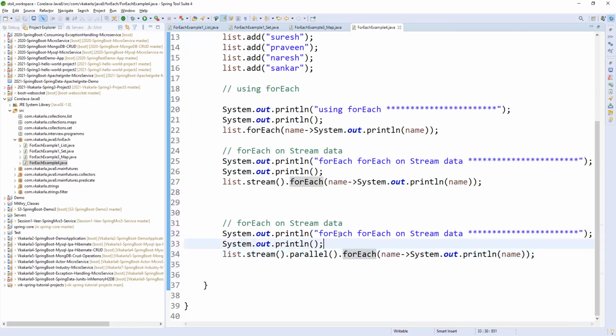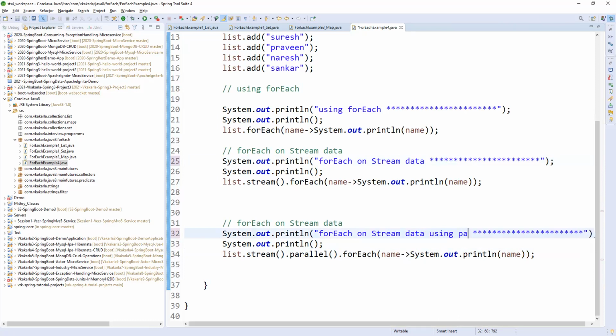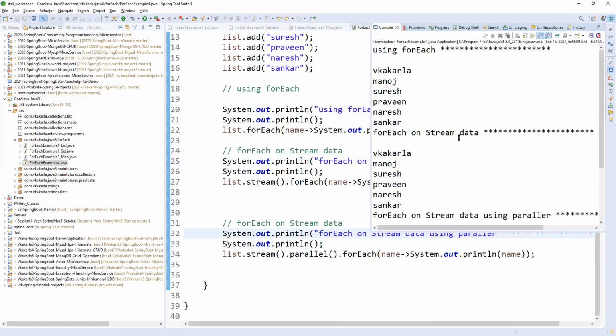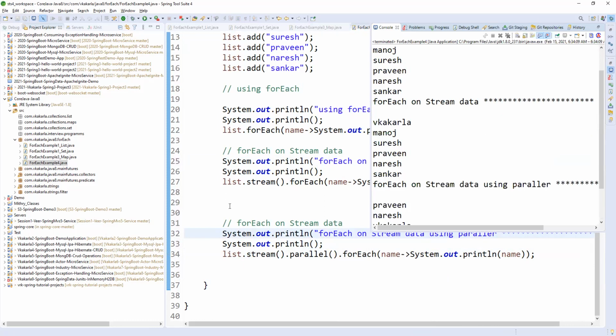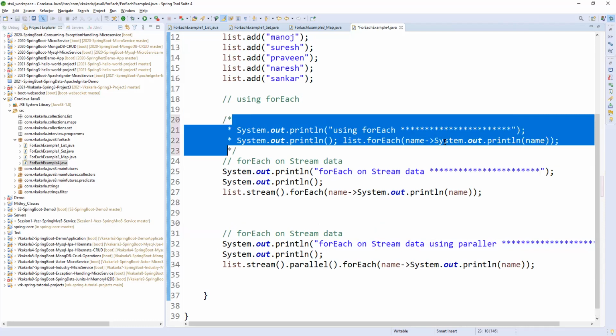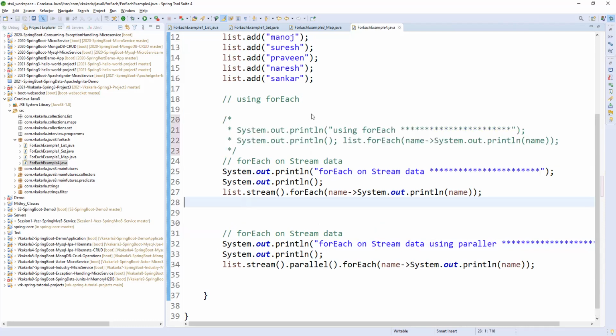So check for each on stream data using parallel stream. Let me run. To avoid confusion, you can comment out this one.